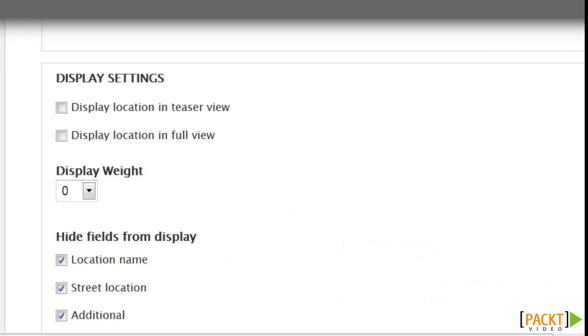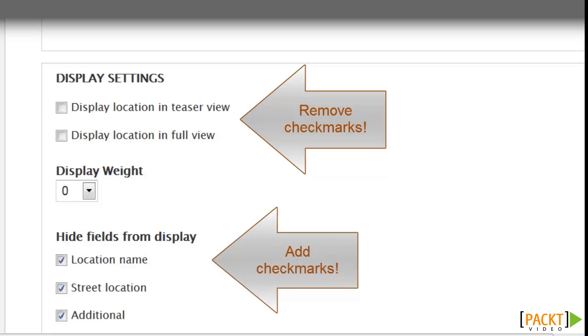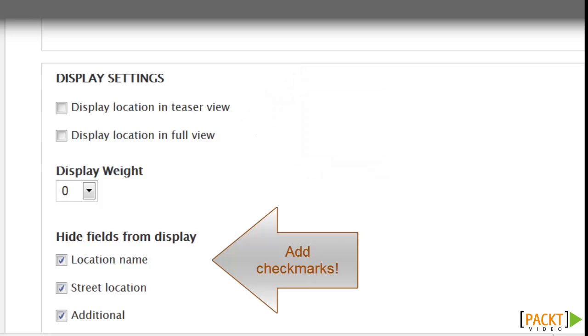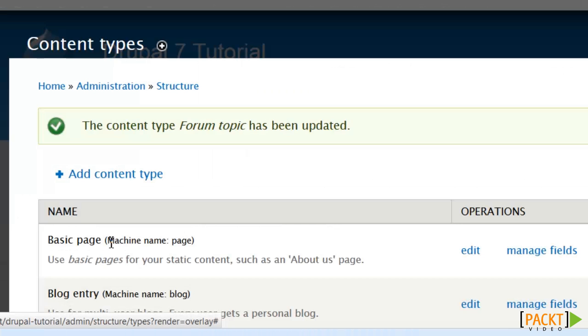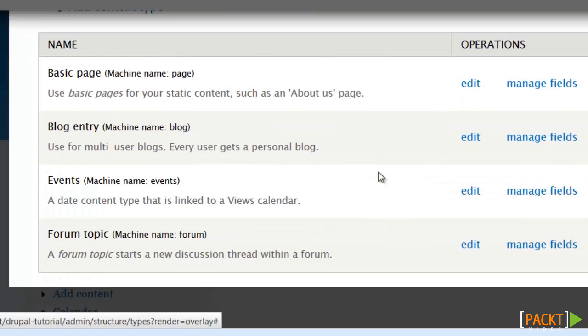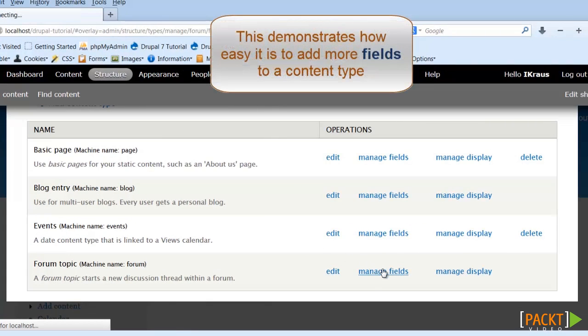Making the required changes to all of these other content types is very much what's already been demonstrated. So that will not be shown in this video, with the exception being for the location information where you need to block the collection of everything, as well as the display of the location data within both the teaser and full view, and also hide all of the fields from display. That's the majority of the changes I'm going to be talking about with the forum topic, other than one, which is I'm going to be adding the image